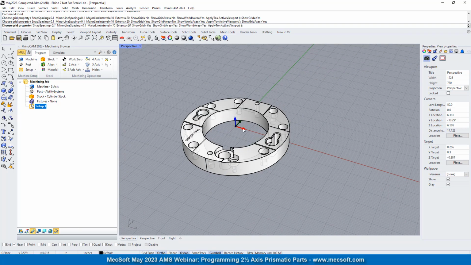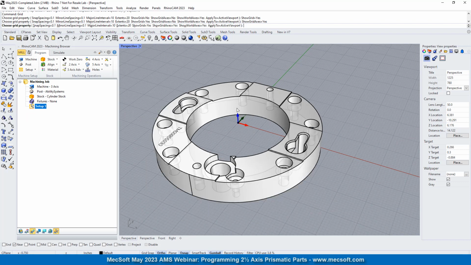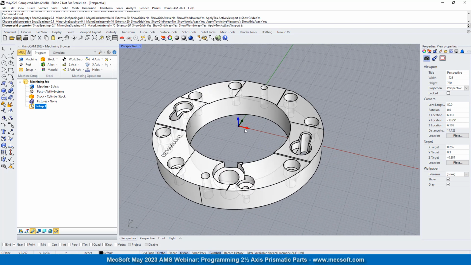At the world origin in Rhino, and that represents setup 1. So we're only going to be doing one setup. We're not doing any flip machining or anything else. We're just doing basic 3-axis from one direction, which is the top of the part. So we're going to go ahead and we're going to